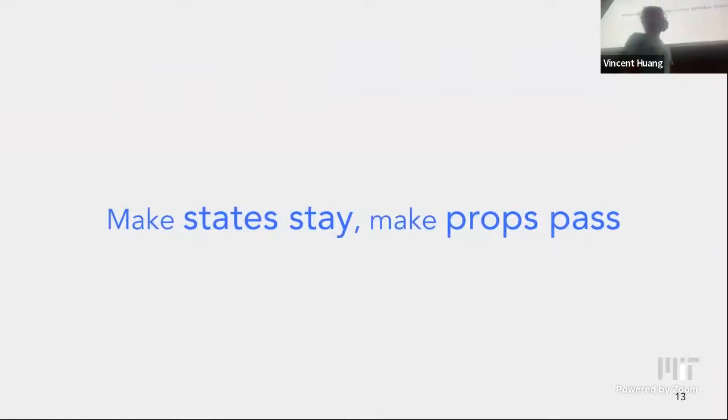So now let's talk a bit more about the difference between states and props. As you have already learned, states should stay in some component and props should be passed down between different components in the component tree, right? And what that means is that if you have a bunch of information in your app, and we'll go over some examples later, if you have information that should appear in 5 different components, what